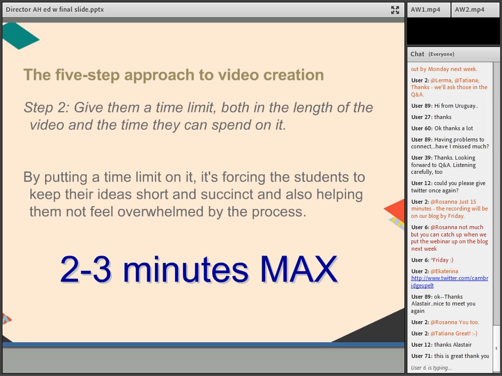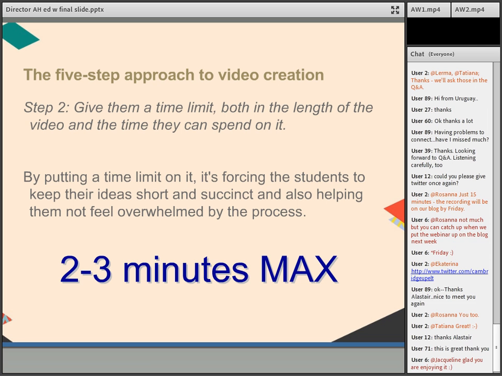And also, in terms of how their interest level is in the video itself, you know yourself from watching videos that, if you start watching something quick on YouTube or something, you'll find that after about a minute, you're losing interest. That's very normal, very typical in this day and age. Our brains are all over the place and distracted by so many things. You want to make sure that the students feel like what they're producing is of interest, and you don't have long segments of things that aren't going to matter.